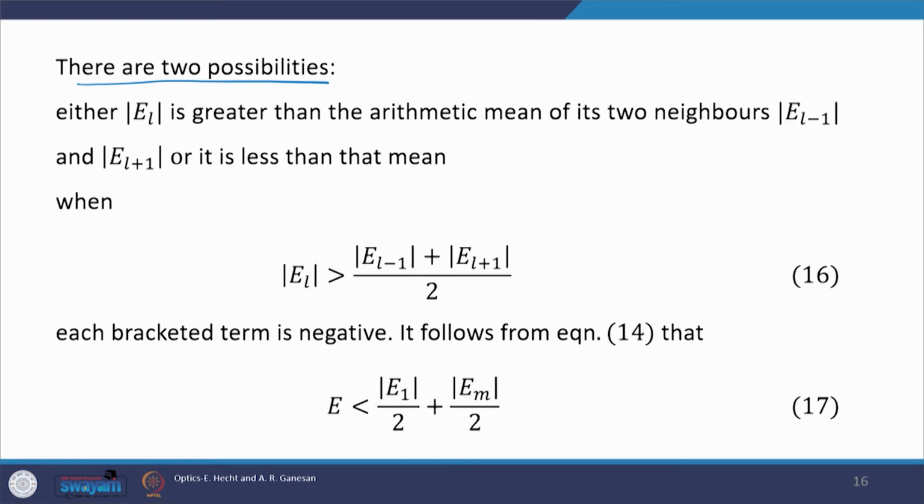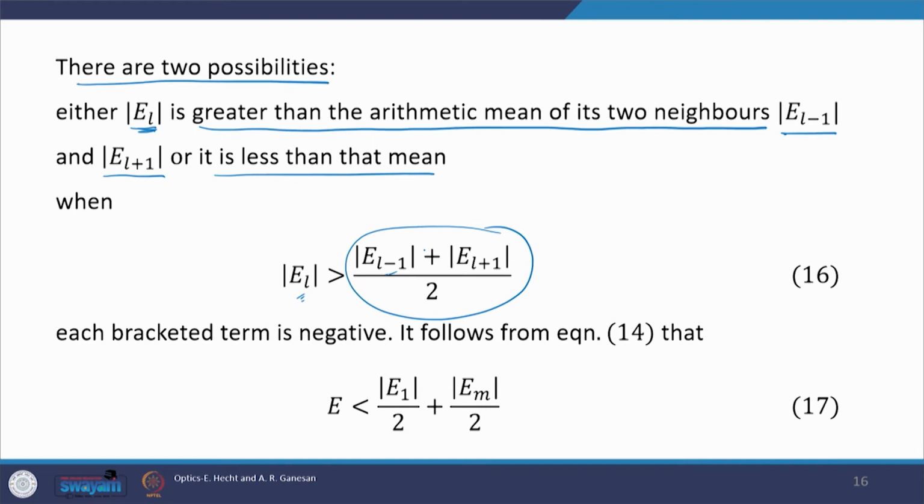With either of the last two series there are two possibilities. Either EL, a particular field, is greater than the arithmetic mean of its two nearest neighbors, that are EL minus 1 and EL plus 1, or it is less than that mean. What it means to say is that either EL would be larger than the mean of EL minus 1 and EL plus 1, or it would be smaller than the mean of EL minus 1 and EL plus 1. If EL is larger than the mean of EL minus 1 and EL plus 1, in that particular case each